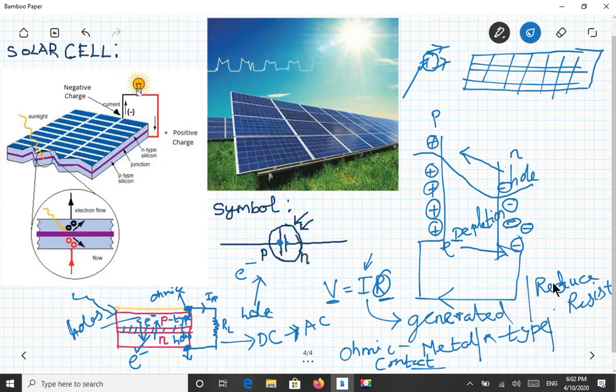Applications, you all know: we have solar panels in calculators, which operate in sunlight. Even though there is no battery, you can see that. And the biggest application is that solar panels are used in satellites and international space stations. They are using solar panels only. It takes the sunlight and it will travel. Satellites traveling around are operating with solar-panel-generated electricity only.